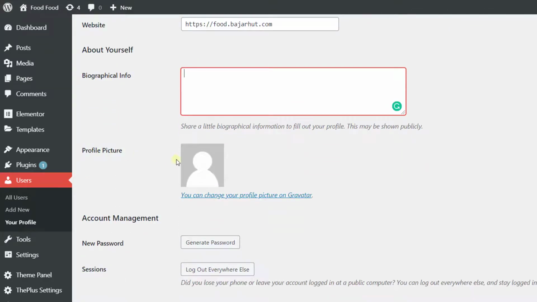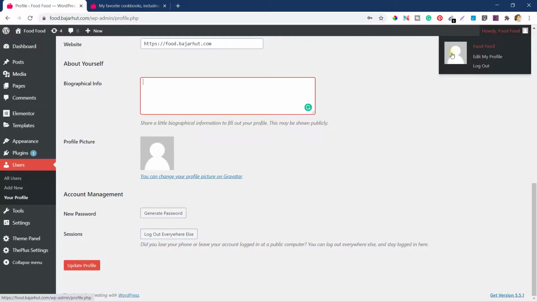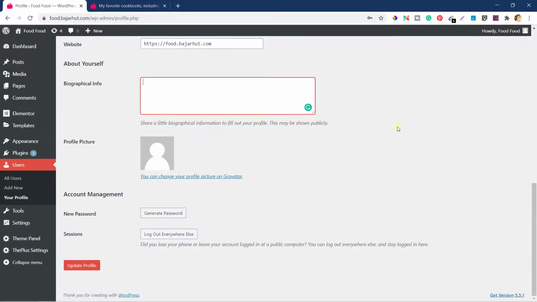Then profile picture. Now there is a drawback, I think, from WordPress's point of view, that they do not want the profile picture to be updated here or uploaded from here. You cannot do it. You can only change the profile picture from your Gravatar. Now if you have a Gravatar account, if you have signed up with them, you can choose from there, and that profile picture will show up here. Okay. So I'm not going to change it. I do not have a Gravatar account as of now. I just keep it by default, whatever it is. Okay. It's like a blank placeholder. That's what I have normally.